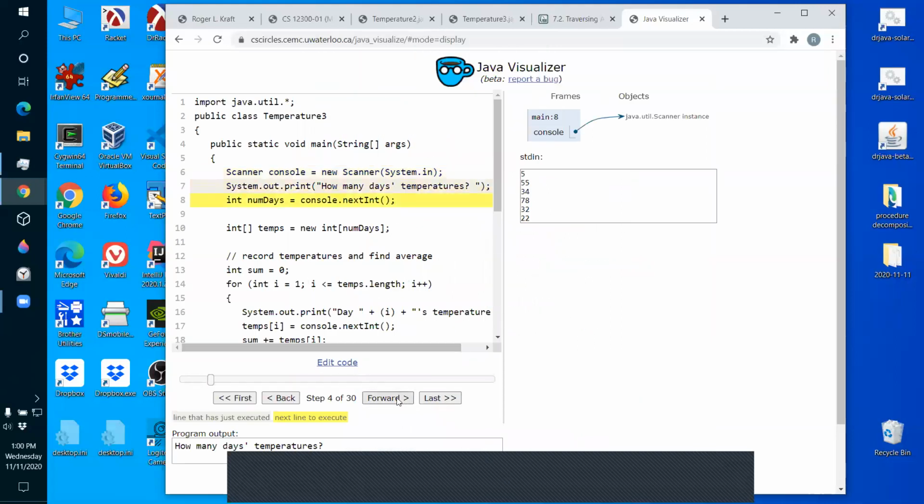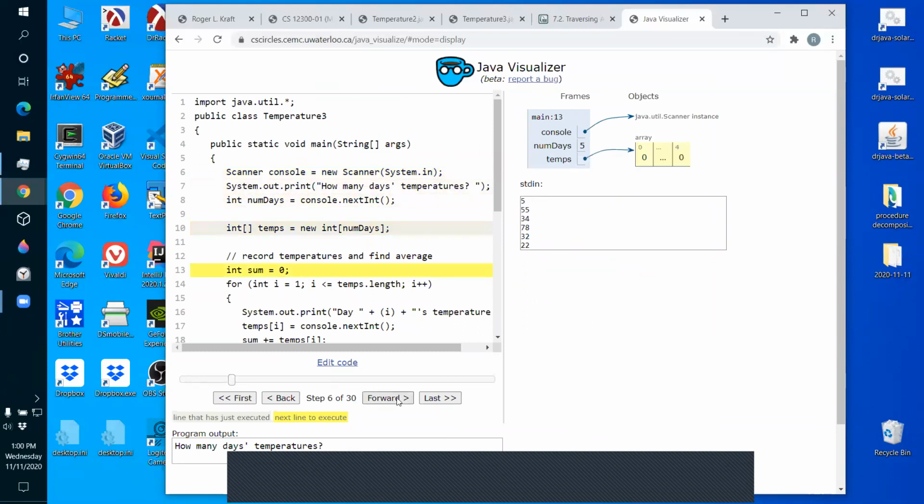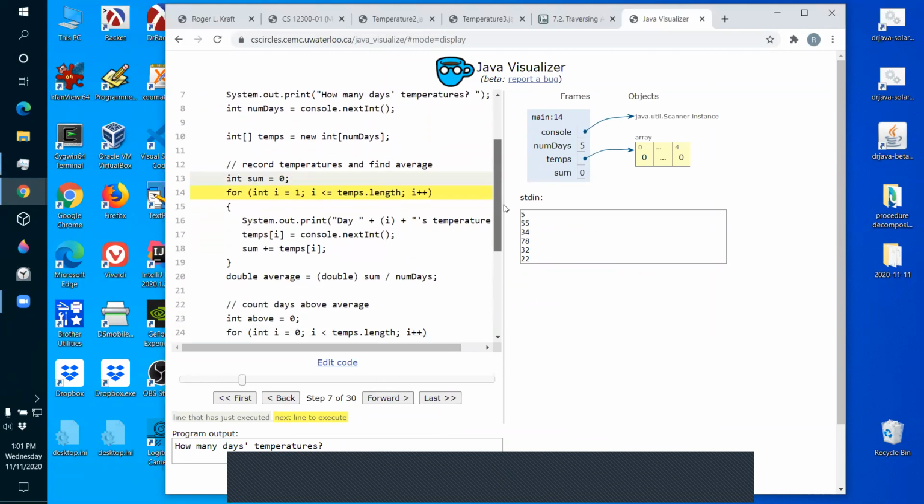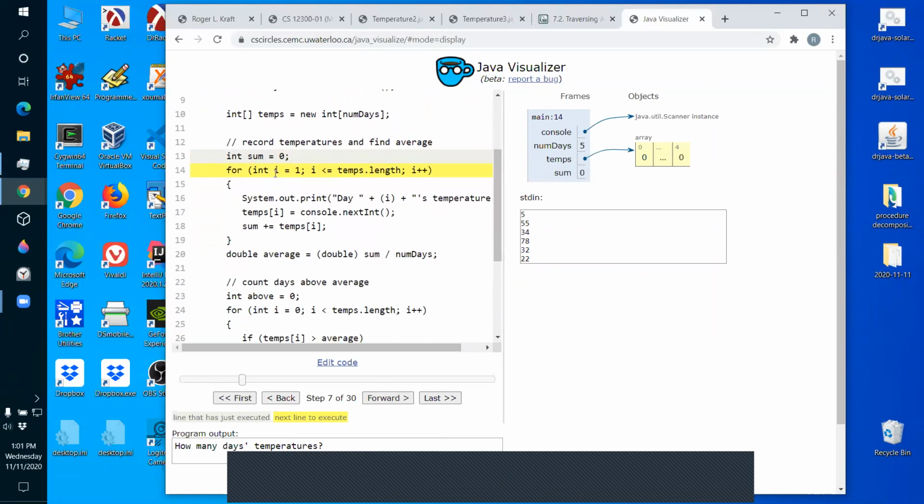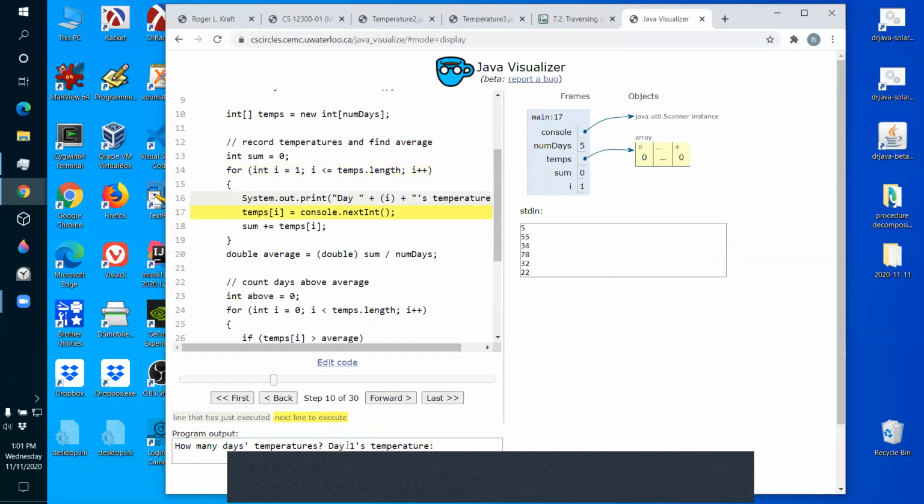Okay. Let me get up to there. All right, so there's our array. I'm going to go day 1, day 2, day 3, day 4, day 5. Okay, so here's forward, what day 1's temperature is.